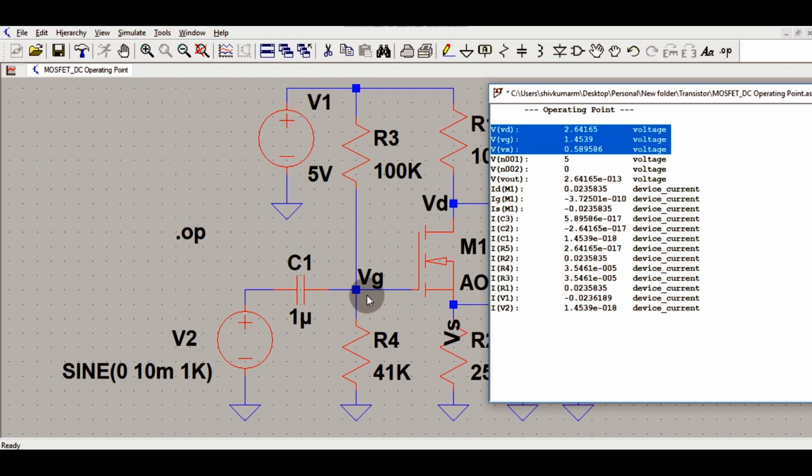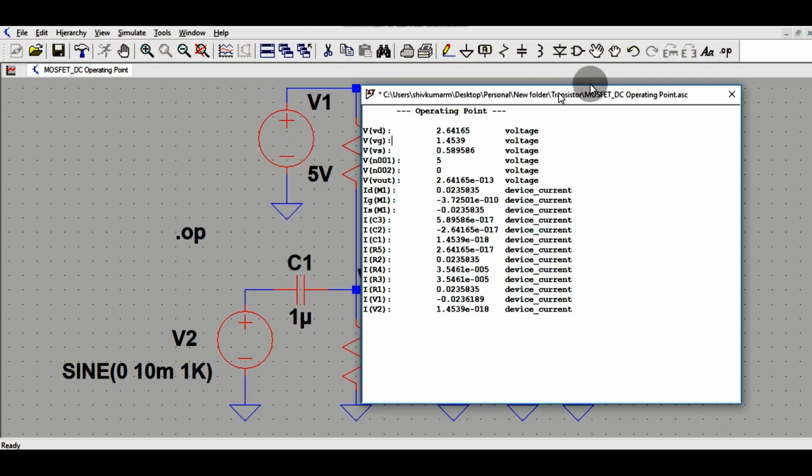So the voltage at VG equals 5 volt into R4 divided by R4 plus R3. That means 5 volt into 41k divided by 100k plus 41k. If you solve this, you will get the voltage at VG equal to 1.4539.